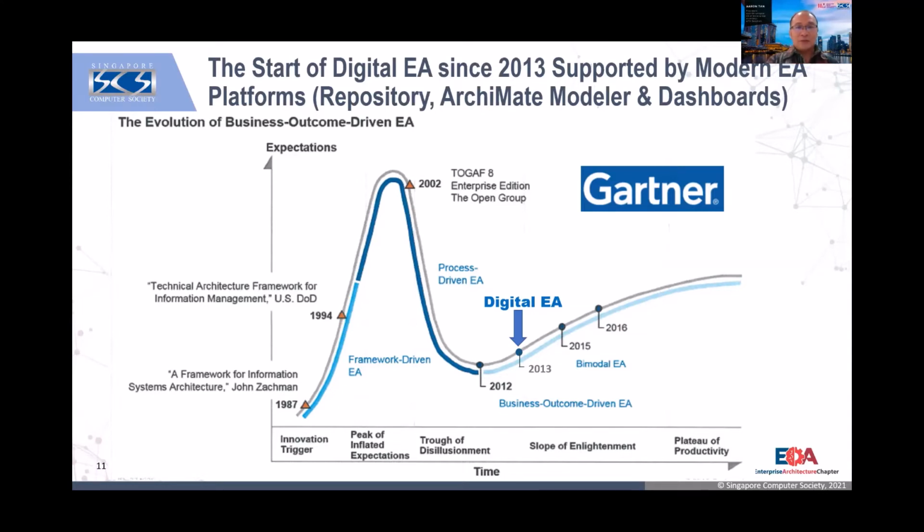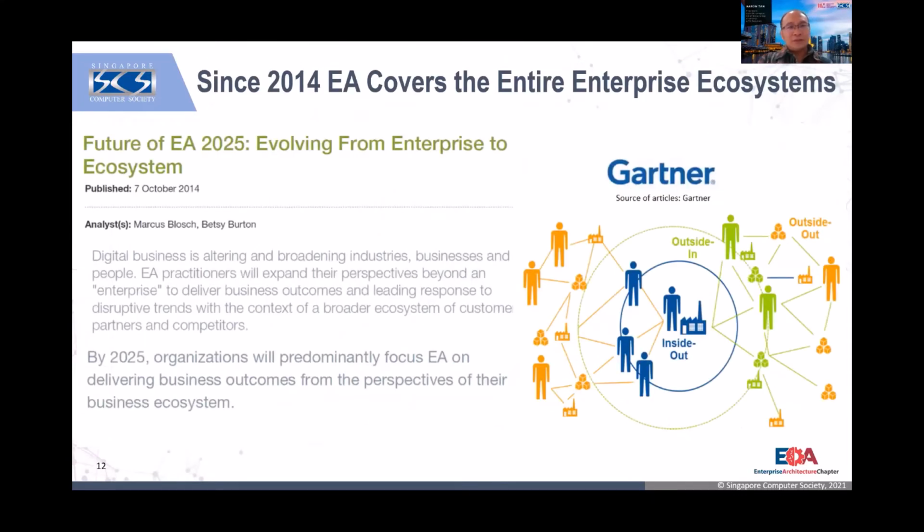Because this is what Gartner is aligning to, and what I think IMDA has done a great job in: defining the right definition and the skill requirements for an architect to be successful. And of course, this is just 2013. In 2014, Gartner also made a prediction that the world by 2025 is hyperconnected. Meaning what we do internally will impact many other people and many other departments, both internally as well as externally.